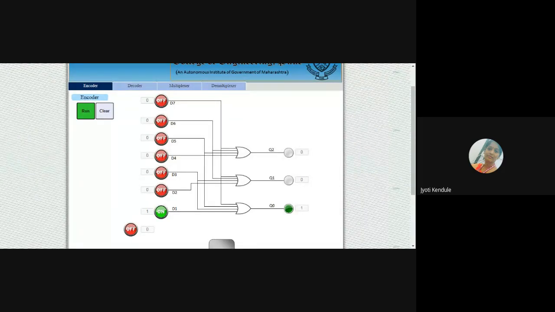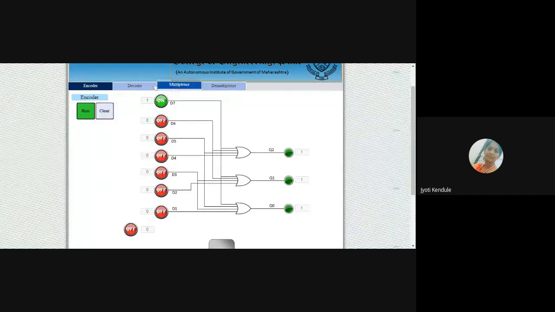If I select 7, it will give the binary of 7. If I select 6, it will convert it to that particular byte. Next, you can select any input out of 1, 2, 3, 4. Based on that, it will encode that particular data. For example, 7 we already discussed, 1 1 1 is there.